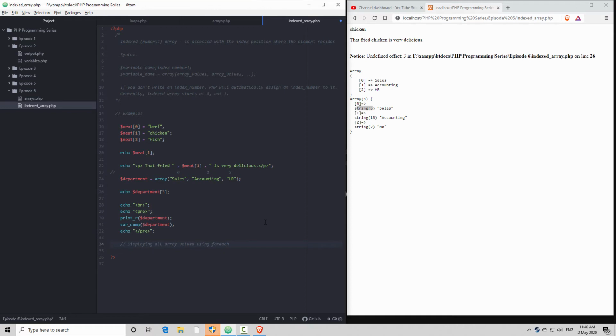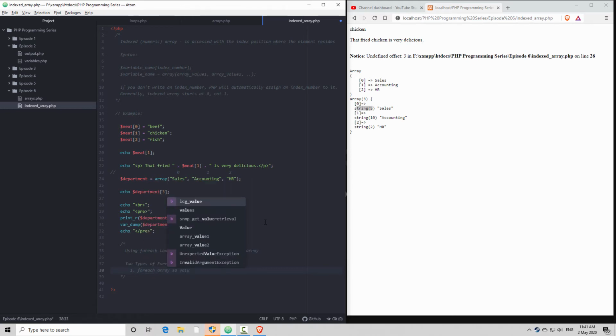I'm gonna have this here: using foreach loop to display all values from an array. Now there are 2 types of foreach. The first one is only foreach, using foreach